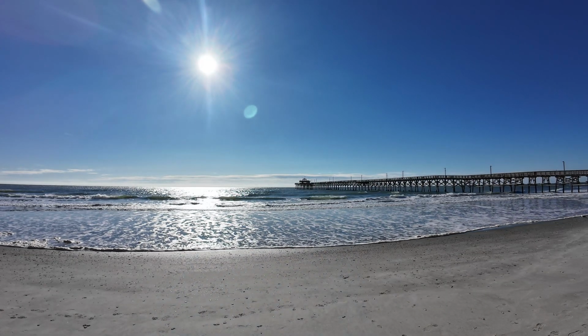Okay, that's it. That's it from the Cherry Grove Pier. Hope that you enjoyed that. Pier's in great shape. It's just a little cold right now, not a lot of people out on it, but